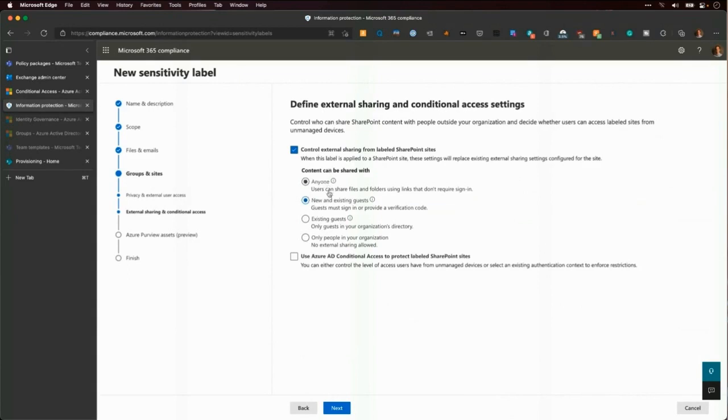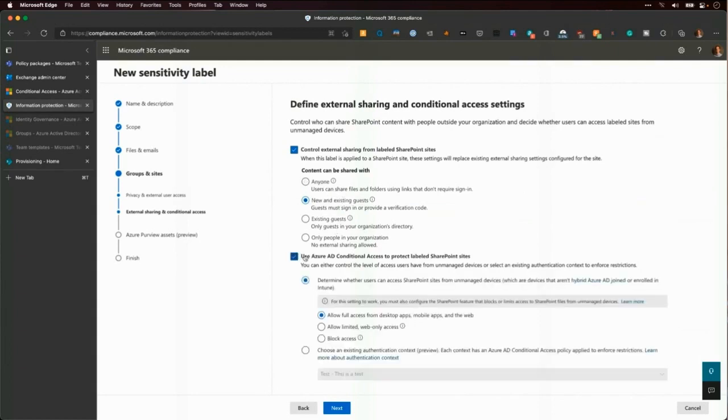Sensitivity labels will go in and lock down those SharePoint sites and set these settings on your SharePoint site, on your Teams, which is still a SharePoint site, going back to all of these things that are interconnected, so that content can only be shared in a certain way. Conditional access policies, you'll recognize this. These are those same SharePoint settings.